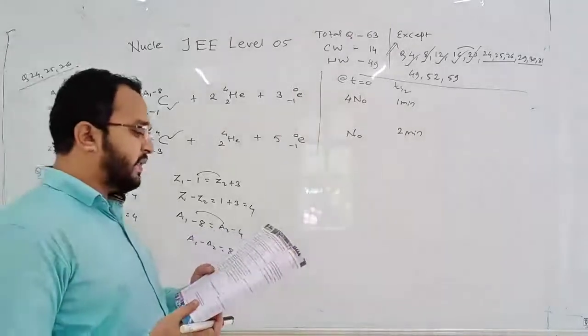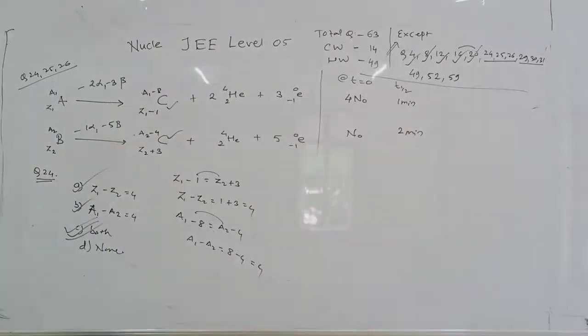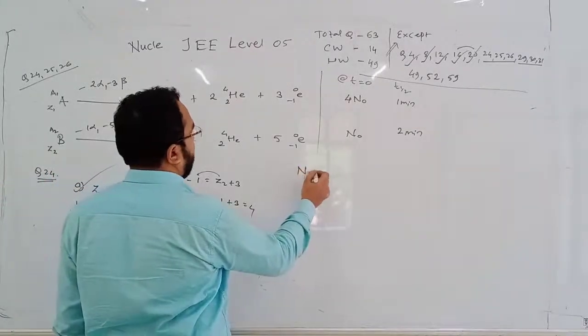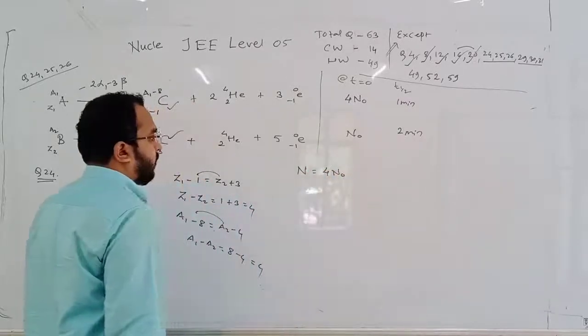What are the number of nuclei of C when number of A and B, number of nuclei of A and B are equal? So C च्या किती न्यूक्लिय बनलेले असतील जेव्हा A आणि B च्या न्यूक्लिय सेम असतील. So for that, we need to find the equation, that is n is equal to, for a से इनिशियल कितने हैं 4n naught, 4n naught,